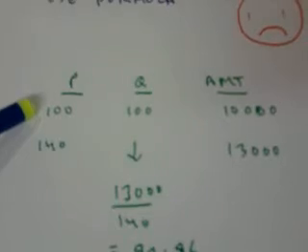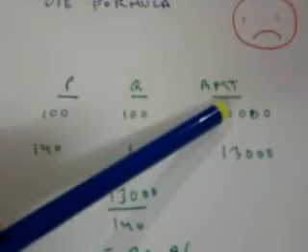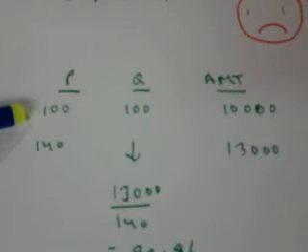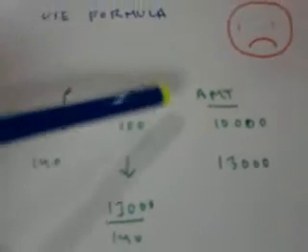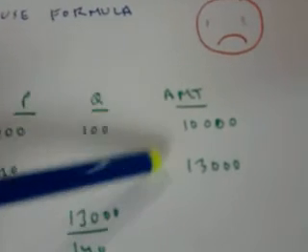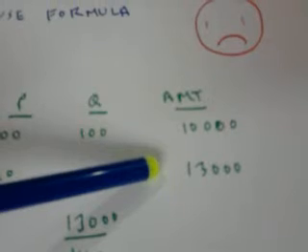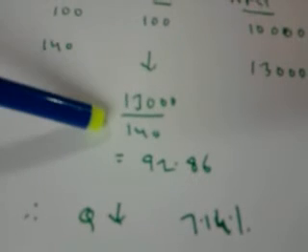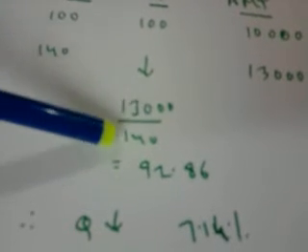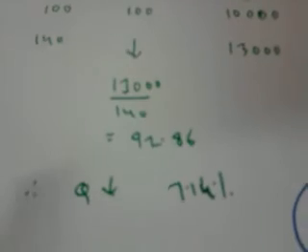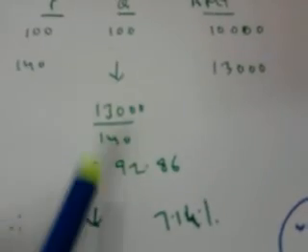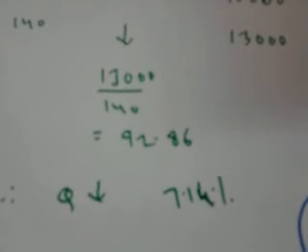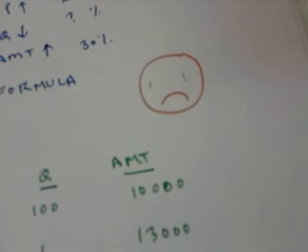Assuming the price was 100 rupees, quantity was 100 units, total amount spent is 10,000 rupees. Now the price has gone up by 40%. That means the price per unit is 140. Amount spent goes up by 30%. So I am able to spend, instead of 10,000, 30% more, that is 13,000. So how much can I consume? I can consume 13,000 divided by 140, amount by price, 92.86 units. So how much less do I have to consume? 100 minus 92.86, 7.14%. No need of any formulas. No need of trying. Enjoy.